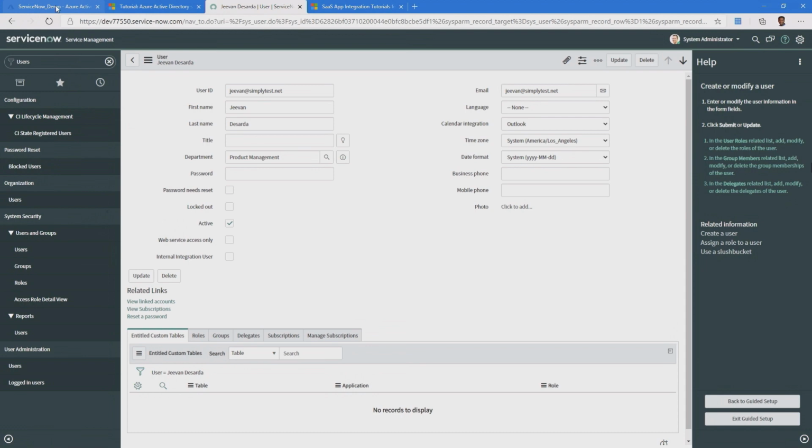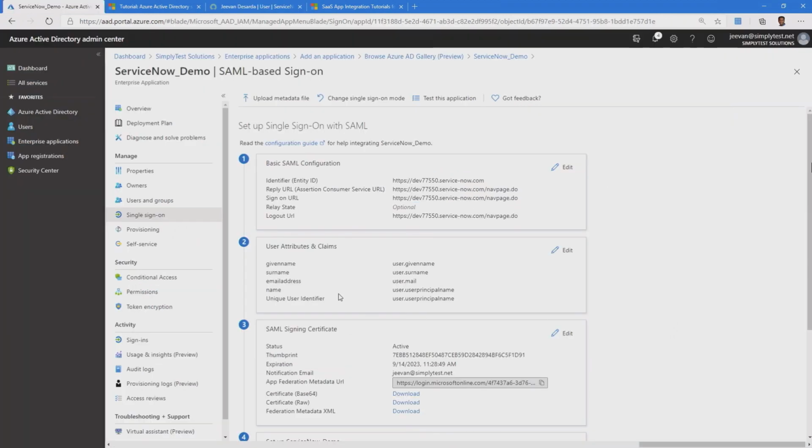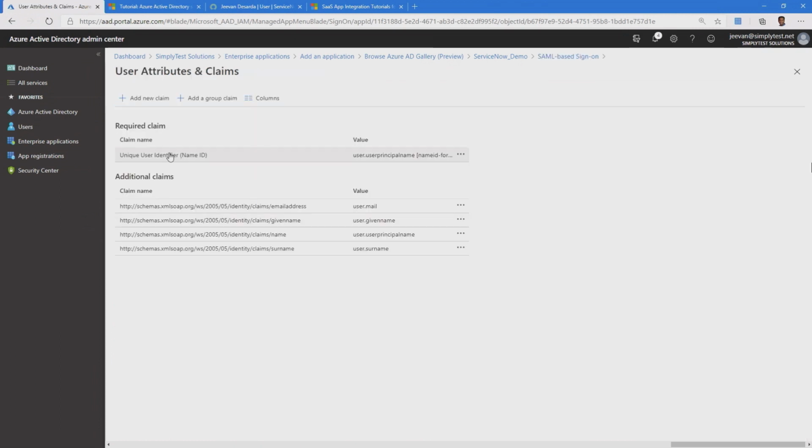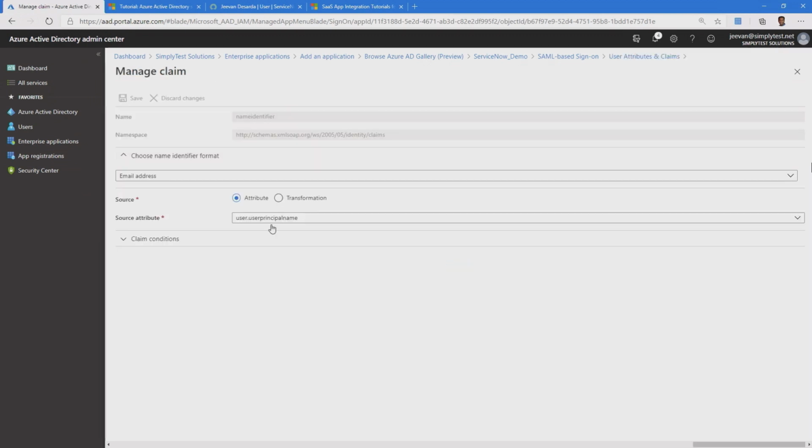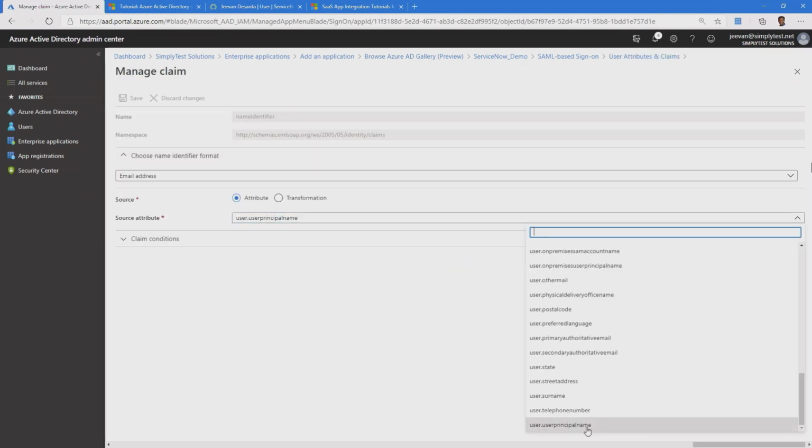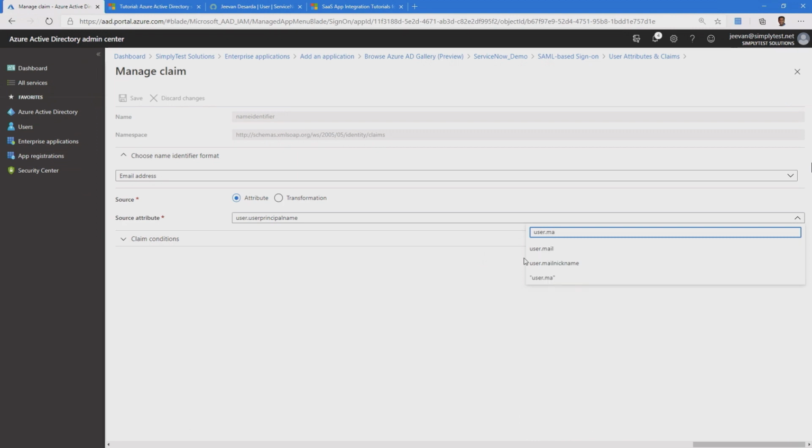So you can again go back to Azure Active Directory. And if you would like to change this user mapping for your name identifier, then you click on the user attribute claims button, and you can choose this name identifier from Azure Active Directory, and you can change this to user.mail if you need to. You can see user.mail as an option. Also, you can see name ID format has been set as email address. That means I'm going to send my email address or a UPN value from Azure Active Directory. So that's why it has to map the same value into ServiceNow. And once these mappings are correct, your integration should work.